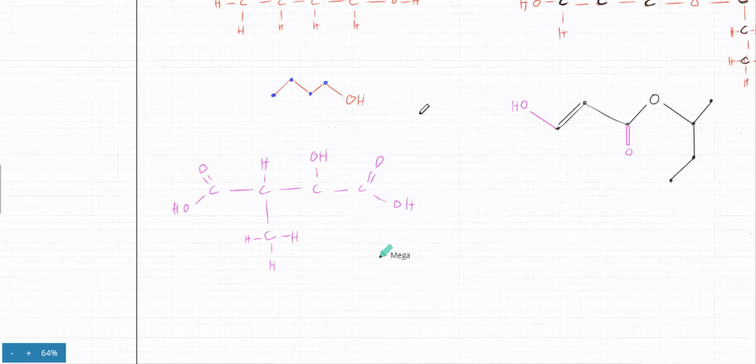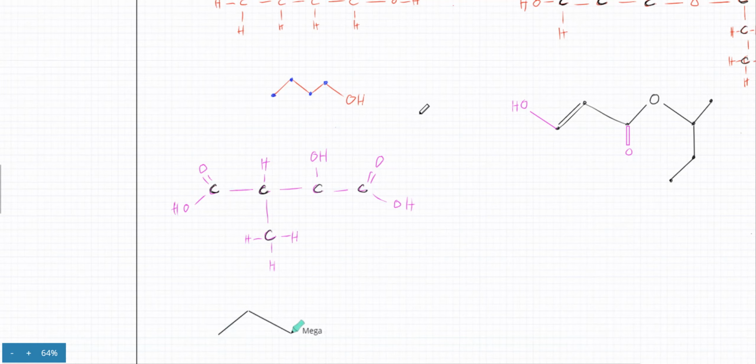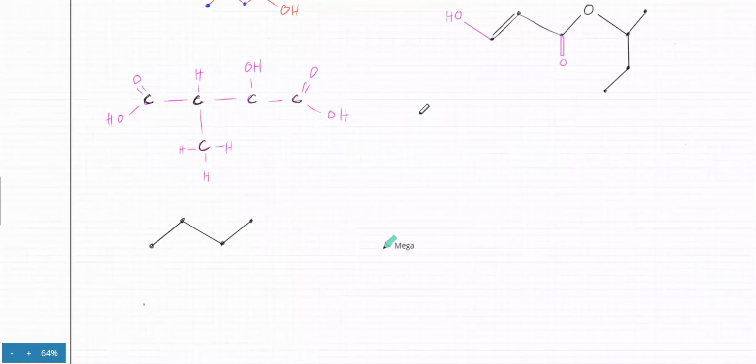So the skeletal formula of this molecule: ignore everything, first focus on the carbon atoms. 1, 2, 3, 4, this is the fifth one. So 4 are in a straight line. On the second carbon atom, there's another one branching out. So 4 carbon atoms in a straight line zigzag. That's one, sorry, two, third, and this is the fourth. Just for clarity, you can put dots over here. So that's 1, 2, 3, and 4 carbon atoms in a straight line, and on the second carbon atom, there's another carbon atom branching out.